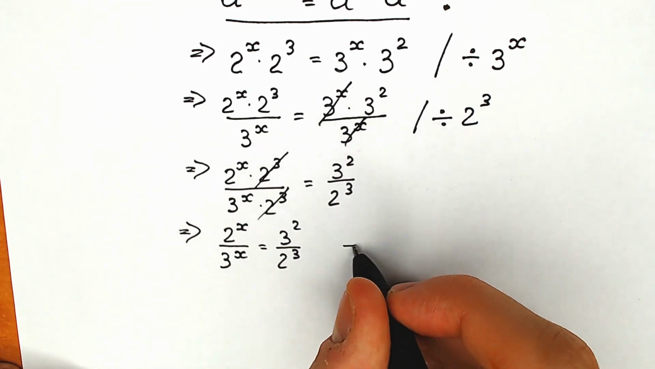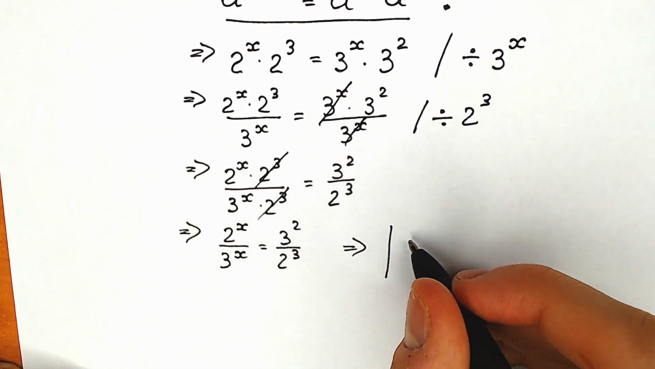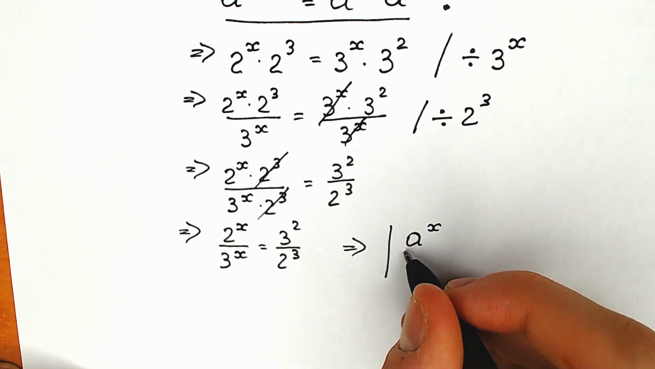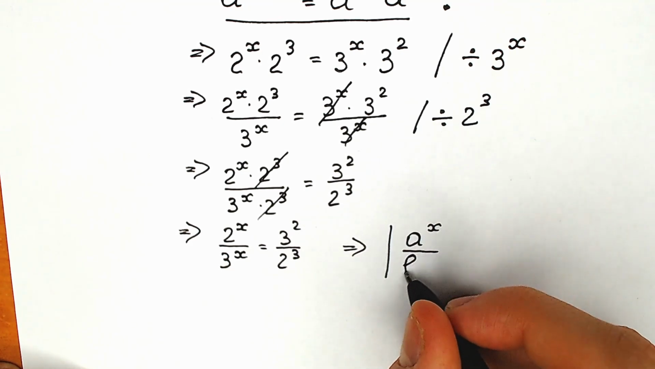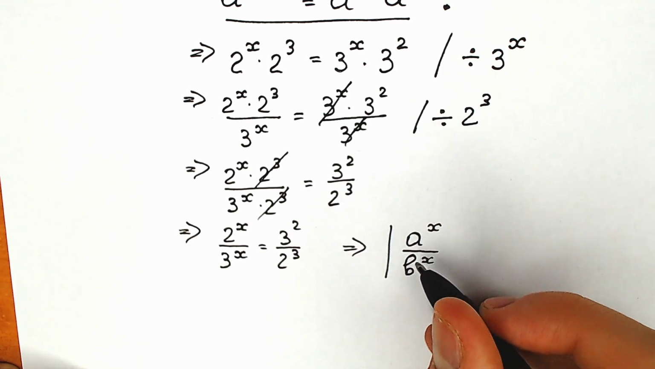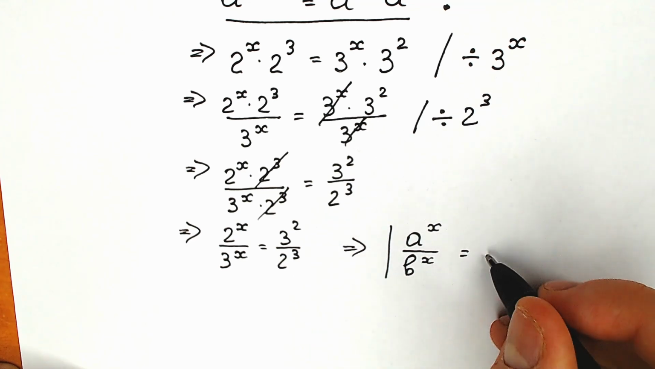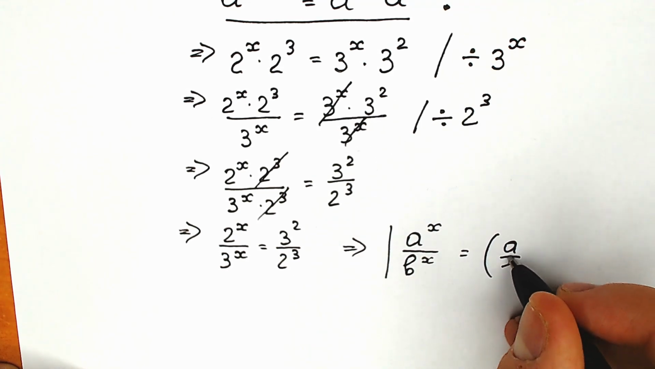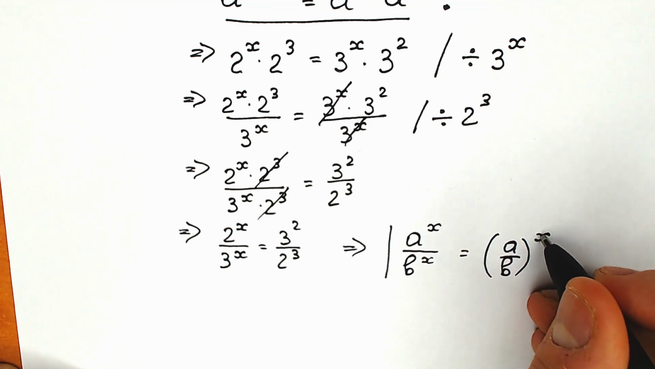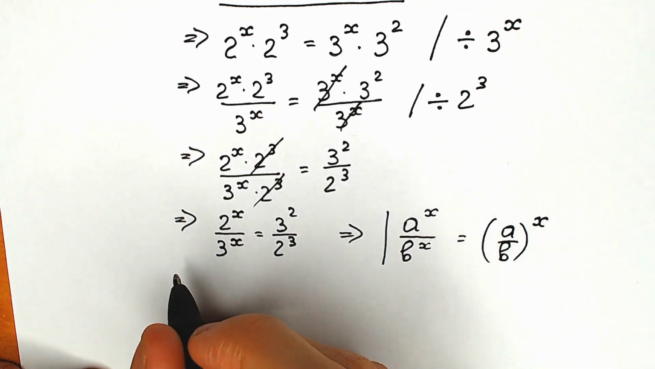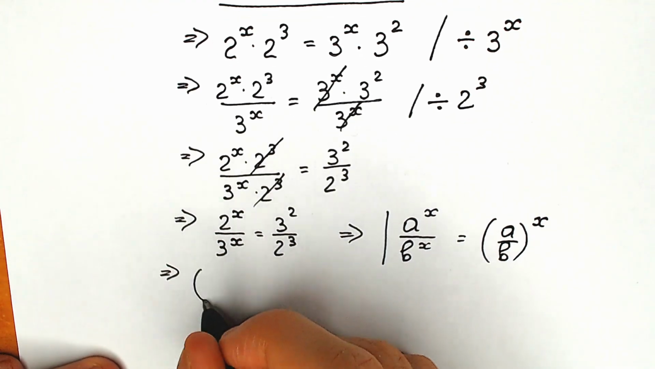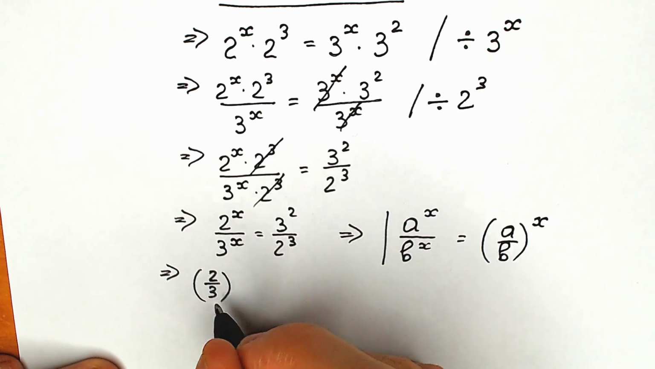Right now, another really interesting property. Whenever we have a to the power x divided by b to the power x, whenever we have different bases but the same power, we can easily write it in one parenthesis. So we can easily write it as a over b raised to the power x. As a result, on the left side we can easily write it as 2/3 to the power x,